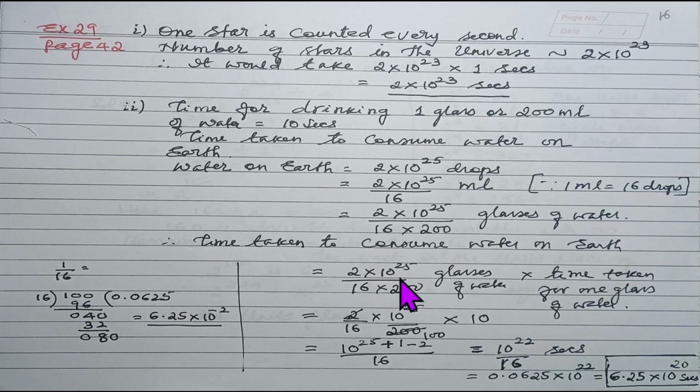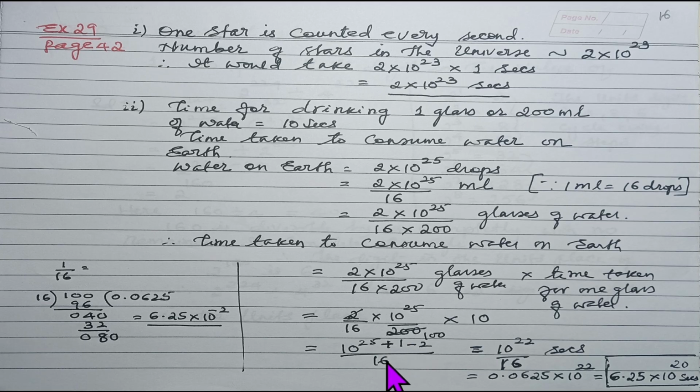Now 2 into 10 raised to 25 divided by that, into the time taken for 1 glass of water. For 1 glass of water the time taken is how much? 10 seconds. So I have to multiply by 10 here. So it becomes 2 by 16 into 10 raised to 25 divided by 200 into 10. That becomes 10 raised to 25. So you have divided here. 2 ones are 2, hundreds are... So 10 raised to 25. Here there is 1 zero, therefore I have added 1, and 2 zeros minus 2, so 10 raised to 25 plus